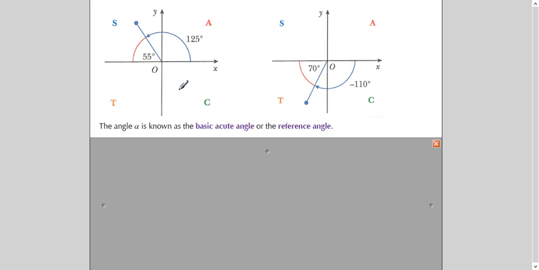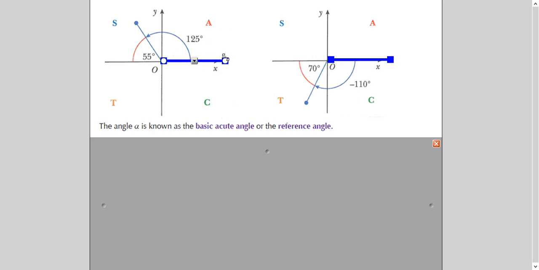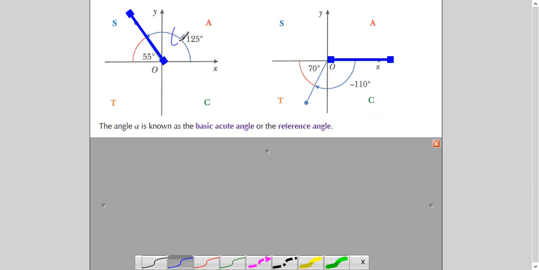Now see here, when you make a rotation, for example, let me make a rotation here. So for example, I rotate this anti-clockwise and I stop here. This is 125 degrees, right? Now this 125 degrees is my theta. Why? Because I'm measuring from here. This is my general angle. I am in the second quadrant. First, second, third, fourth. I'm in the second quadrant.